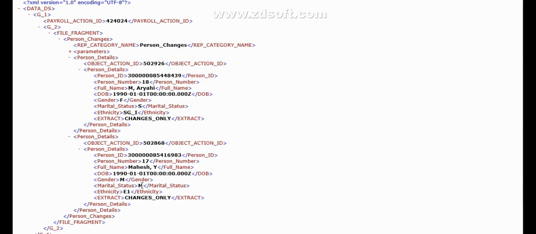Earlier he was single, now we made it married. For the previous person, date of birth was showing as 1980, and we have changed it to 1990 0101. With this example we have proved that changes only mode works.